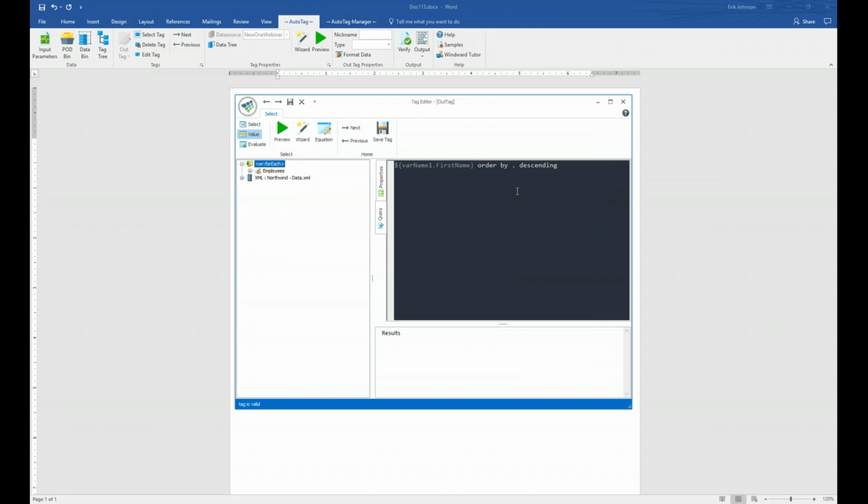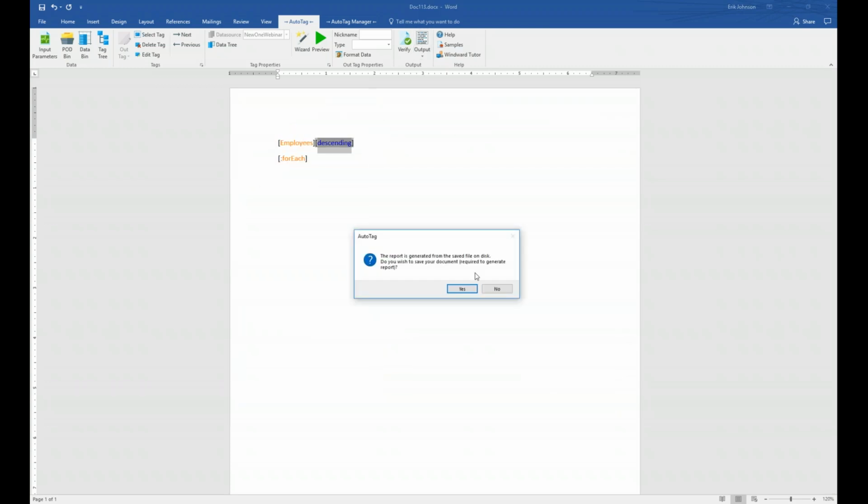So ascending is how it defaults on the order. Descending is how you would have to actually enter descending here in the query or use the wizard to change the order. But if I now save this and output,